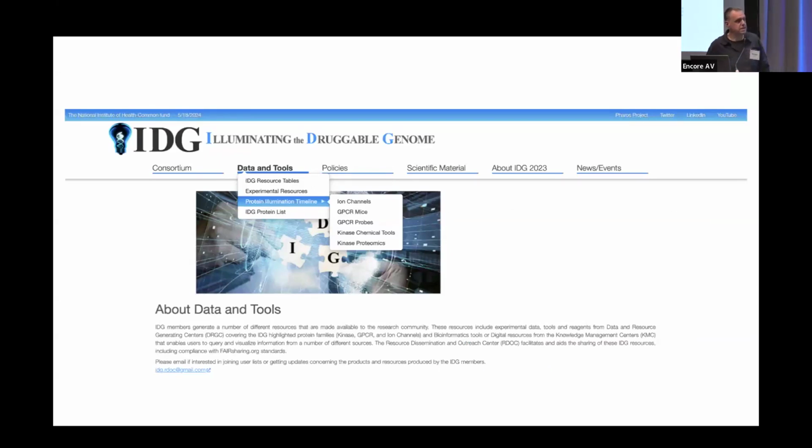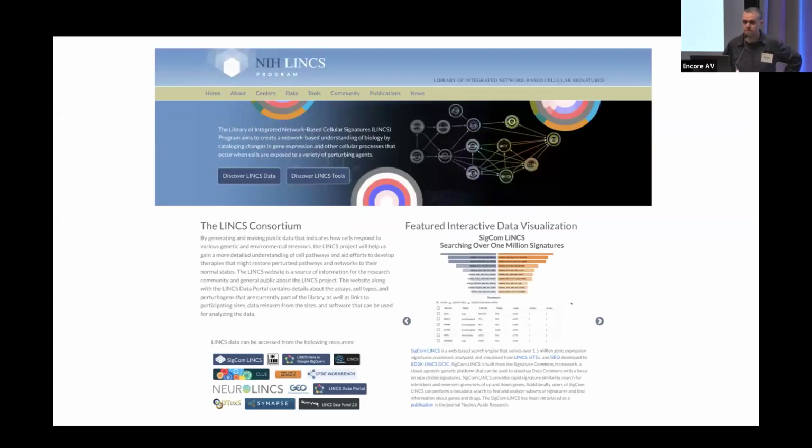The seventh project is IDG, Illuminating the Druggable Genome. I'm sure that many of you will be familiar with this project. And this project is trying to characterize ion channels, GPCRs, and kinases that are less well understood than most. And in particular, I should like to see a connection between the channels within IDG with the InTech resource that was presented yesterday by Professor Alexounas, to be able to combine models for transporters with channels within IDG in the context of the CFDE.